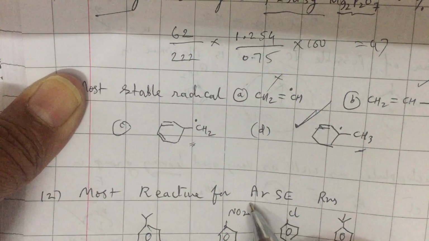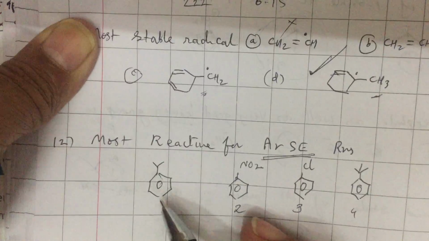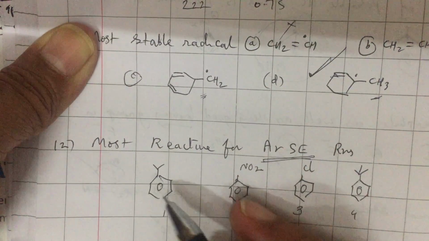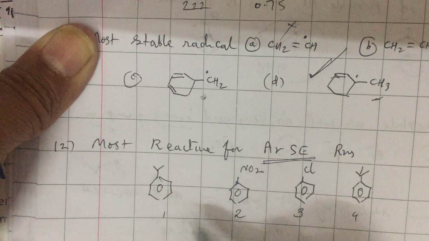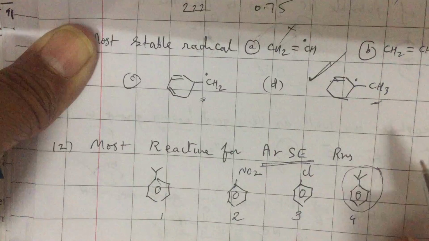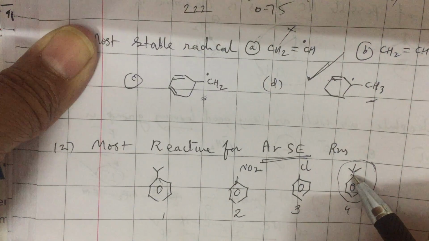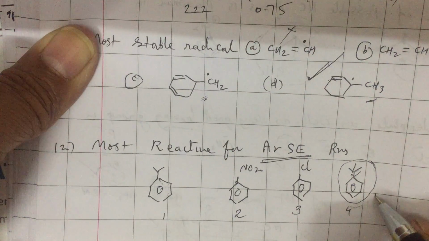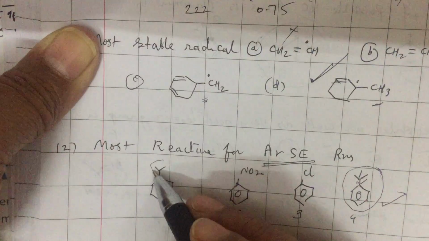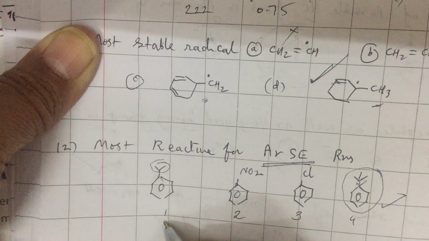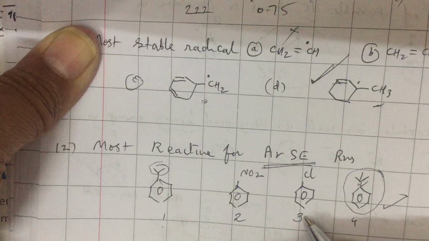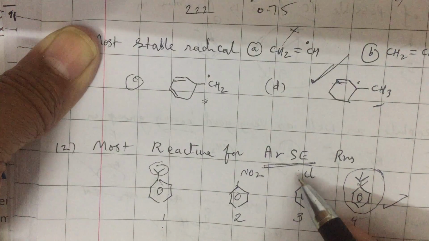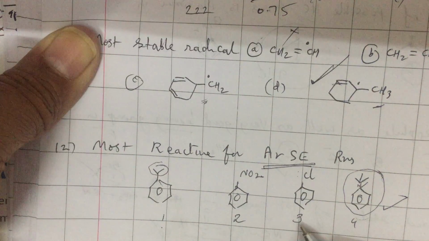Similarly, most reactive for aromatic electrophilic substitution. Benzene undergoes electrophilic substitution. An electrophile which loves electrons attacks the benzene. In this, the electron density in this case is highest because there is a tertiary butyl group which is electron releasing inductive effect in nature, that increases the electron density, makes 4 most reactive. After this isopropyl group is also releasing, then 1 is more reactive. Cl is a withdrawing group decreasing electron density, but it is also having some possibility to resonate and give electrons. So this is next reactive.